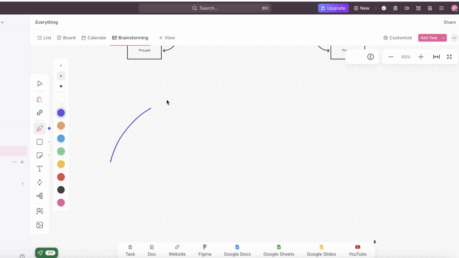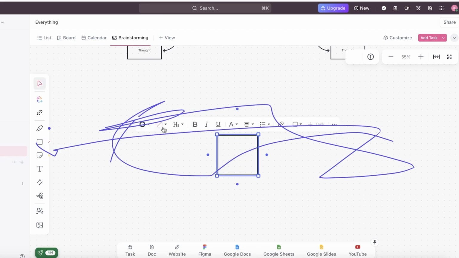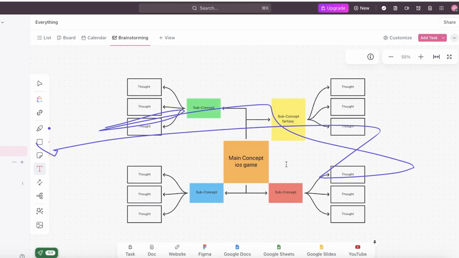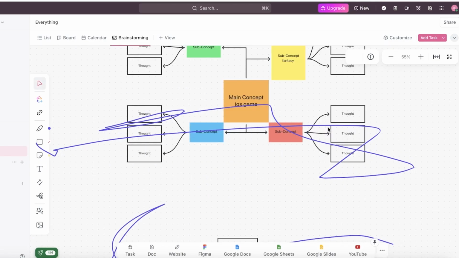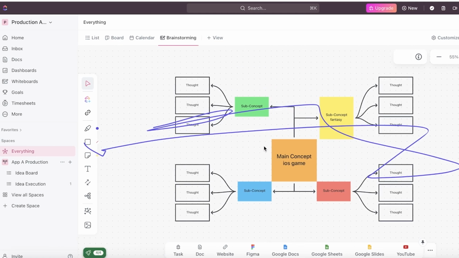You can go into the left and you can even do some of your own freehand drawings over here. You can post your own sticky notes, shapes, text, and more. And all of that can help you in just making a good use out of the creative space available on ClickUp. Now, other than that, ClickUp also has time tracking, and you can use that time tracking to build your